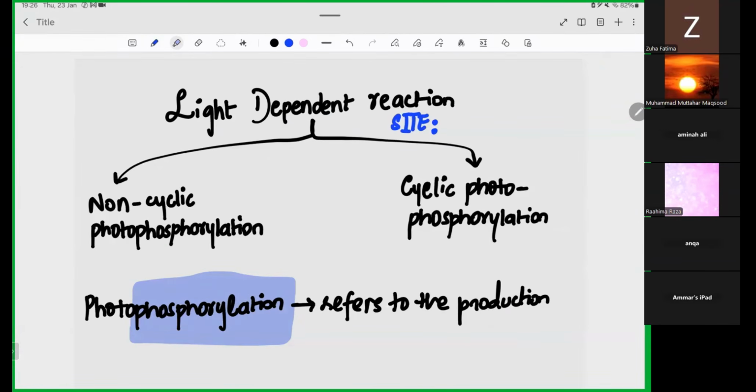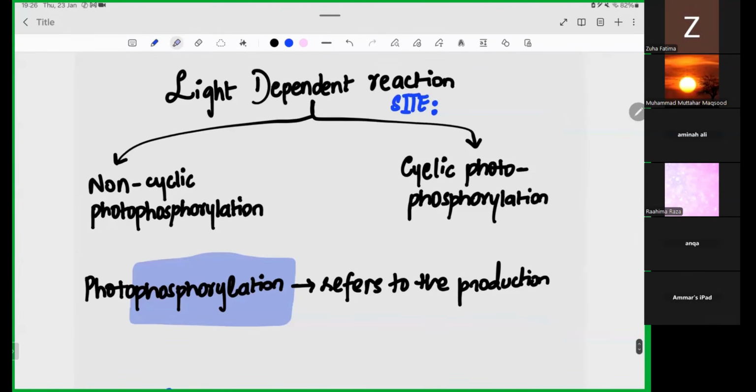Addition of phosphate. Very good. So phosphorylation means the addition of phosphate, and over here it particularly means that we are adding phosphate to ADP. Okay? And we're also familiar that photo means what? Photo means light, and phosphorylation means